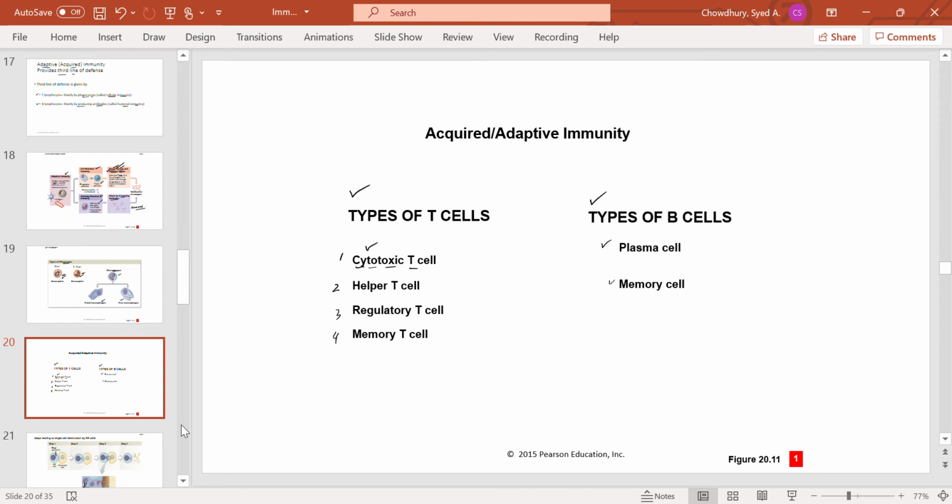Cells means the bacterial cell, or any foreign cells, or cells from another person's body, such as in tissue transplantation or cell transplantation. Those foreign cells will be considered as enemies, right? Or the cancer cells or tumor cells or abnormal cells in your body. So cytotoxic T cells will attack those cells and destroy them. That's why it's called cytotoxic. So what happens normally, this is a cytotoxic T cell,